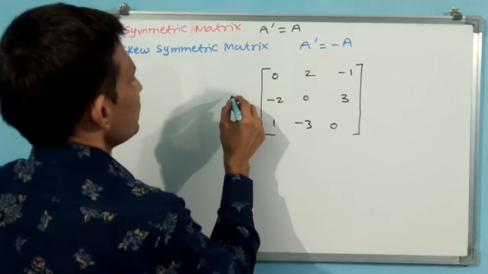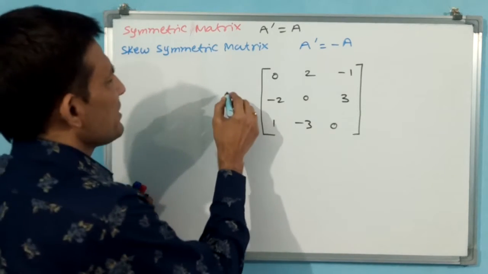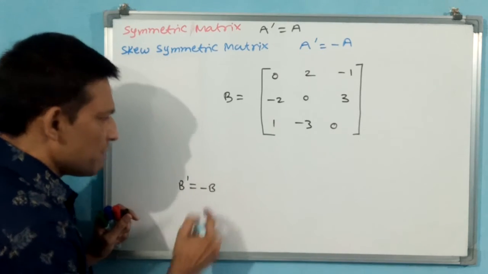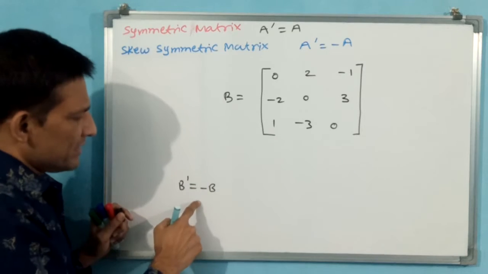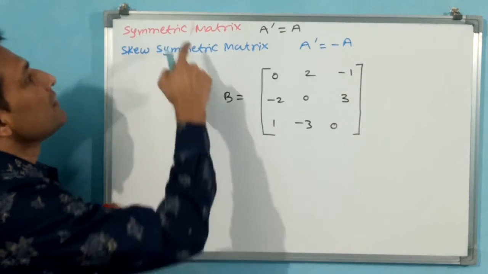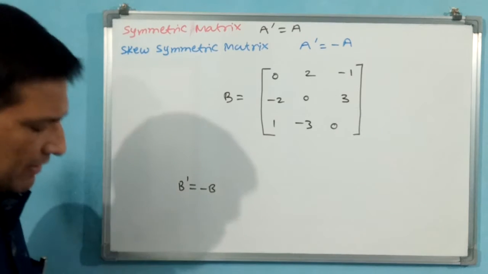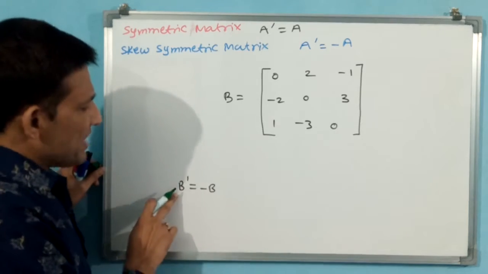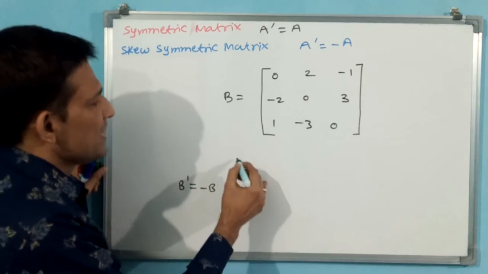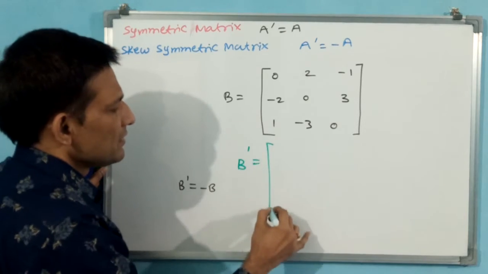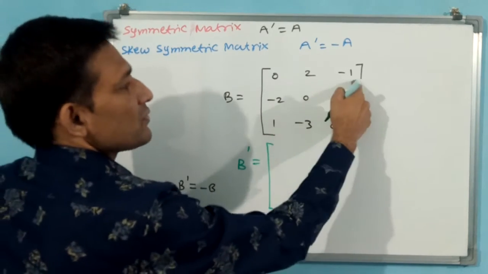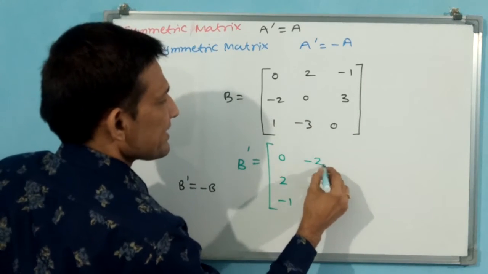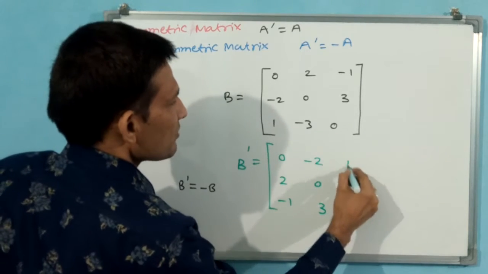How am I going to explain to you? See, you take this A or B or C. I am taking it as B. Okay? Now, if B dash is equal to minus B, then this is going to be called a skew symmetric matrix. B dash is equal to B, symmetric matrix. Okay? Let us see. First you transpose this. See, when it comes to B dash, you transpose, then only it comes to B dash. Okay, I am transposing, you see, B dash. This row is going to become a column. You see 2 minus 1. The second row is going to become the second column. The third row is going to become the third column.